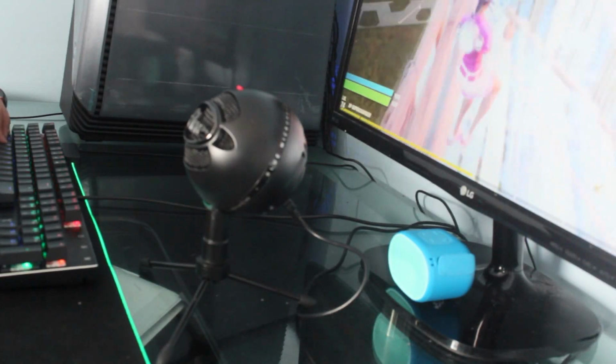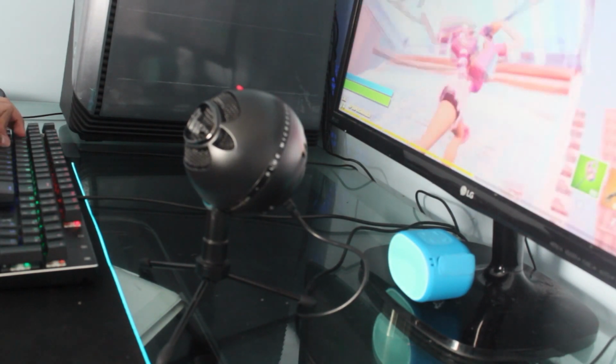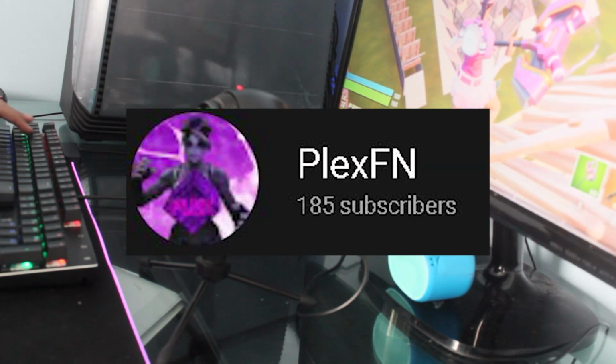Bro, I'm actually so good at Fortnite. My name is Flowaze. Oh my god, look at this. Look at me go. Look at me go. Holy. Flex FN is just insane. He taught me this. Wait, bro, why do I hear...